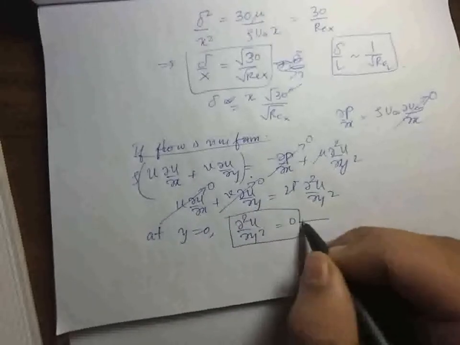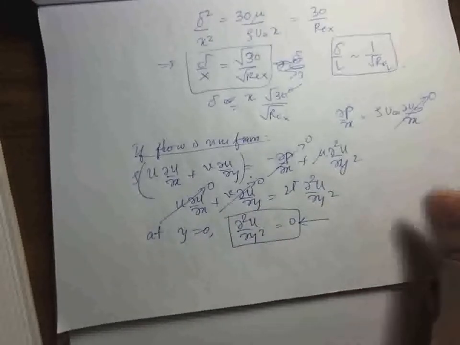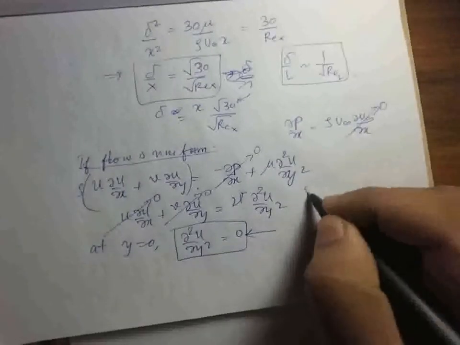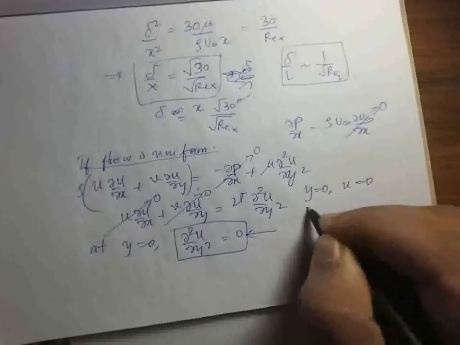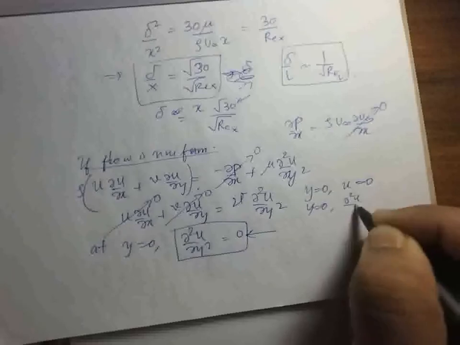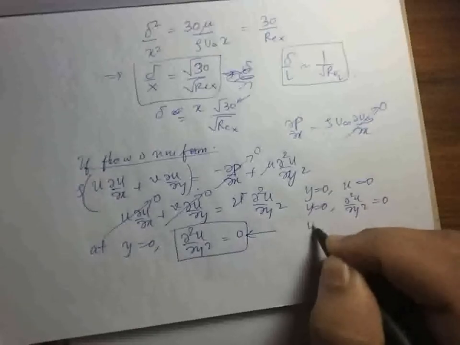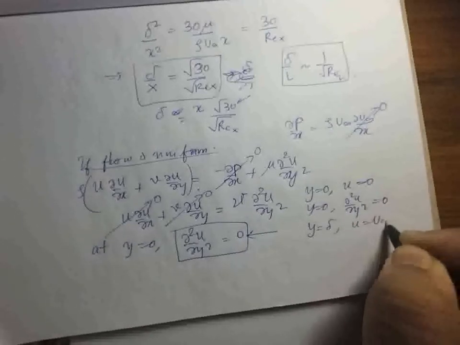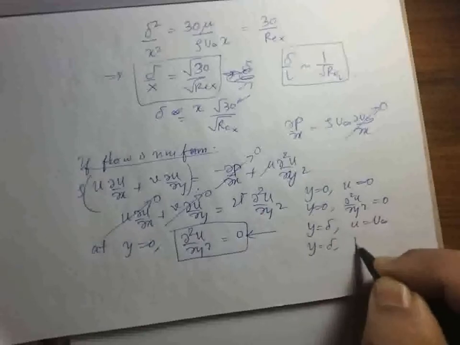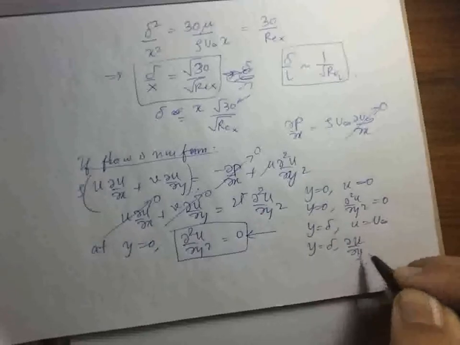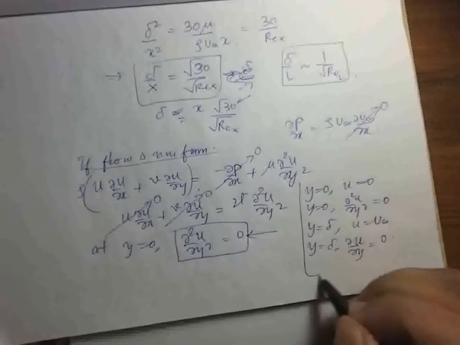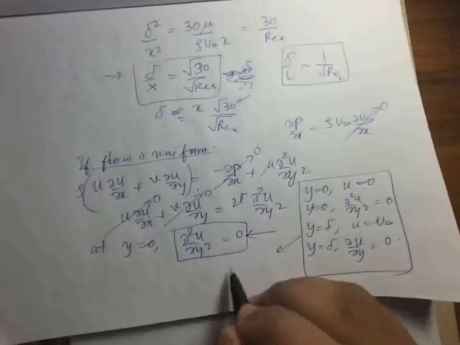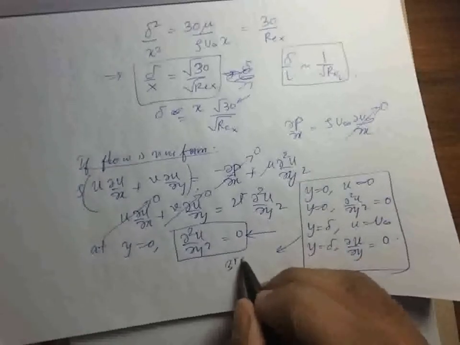So you have this extra boundary condition that you can satisfy. So then essentially you need to satisfy these 4 boundary conditions. Y equal to delta, u equal to u infinity, y equal to delta, del u del y equal to 0. So these 4 boundary conditions, when you use, you can form a cubic polynomial,